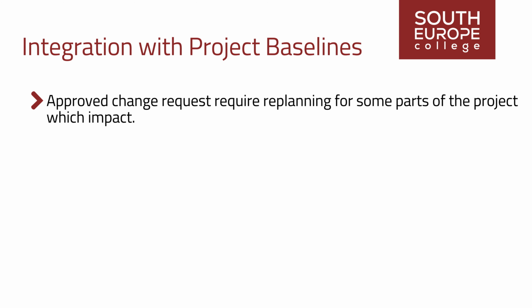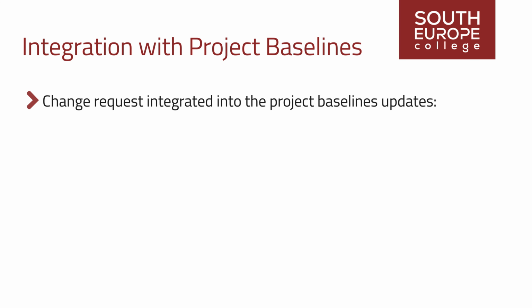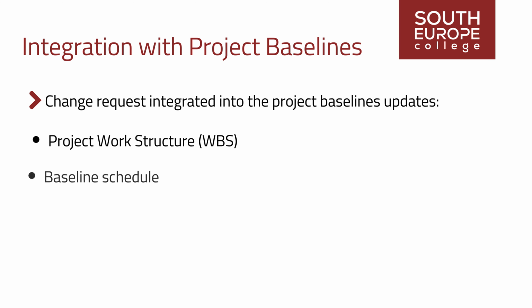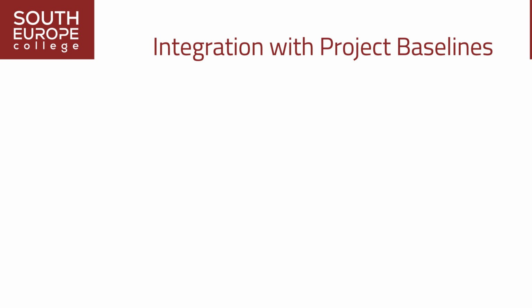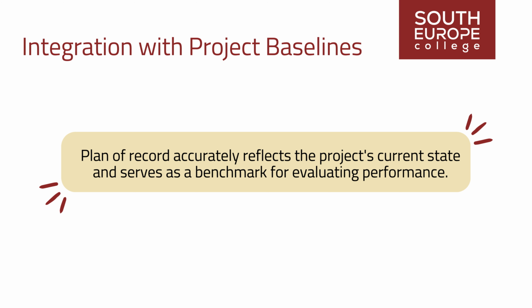Approved change requests require replanning for some parts of the project, which might impact the three baselines of scope, schedule, and budget. The impact of the change request must be integrated into the project baselines and other documents, including updates to, if needed, Project Work Breakdown Structure, WBS, baseline schedule, baseline scope, baseline budget, risk register. This ensures that the plan of record accurately reflects the project's current state and serves as a benchmark for evaluating